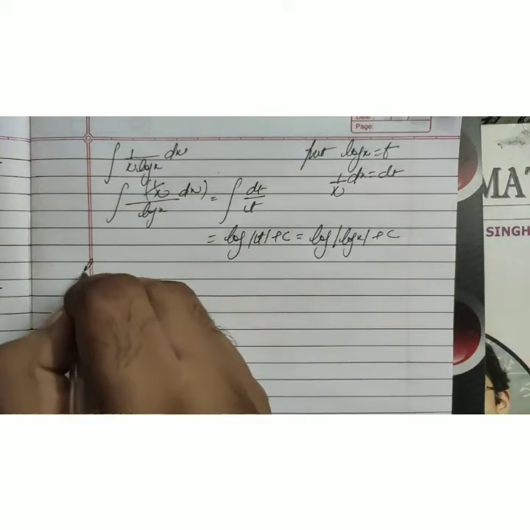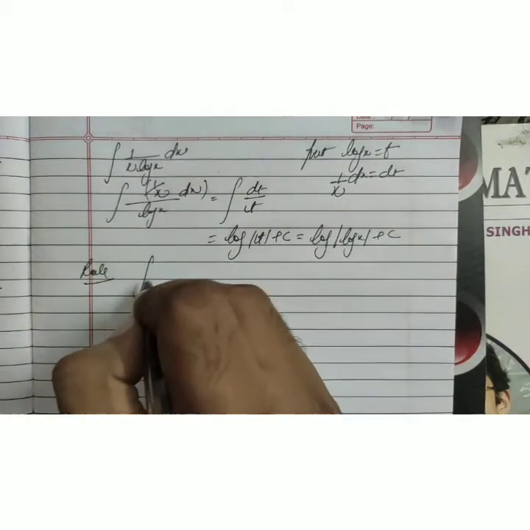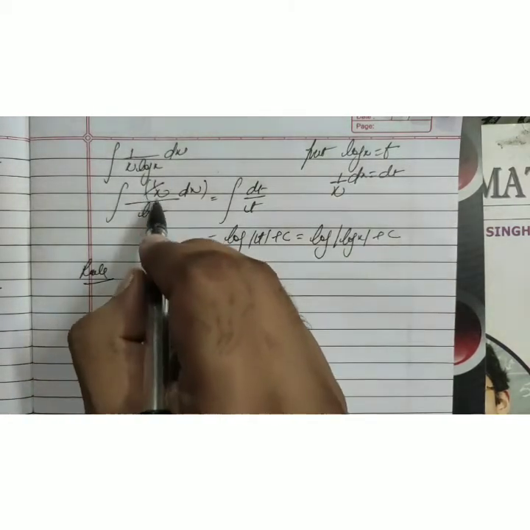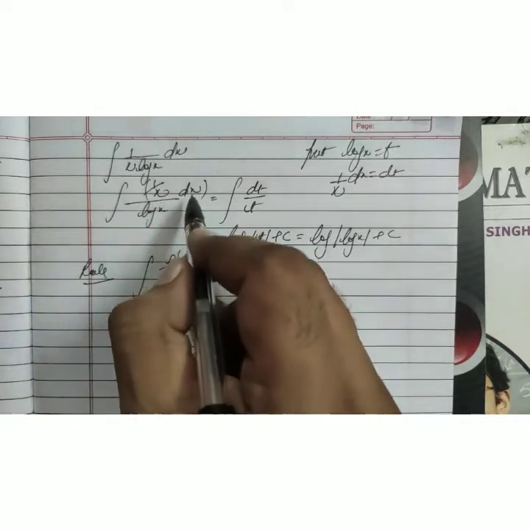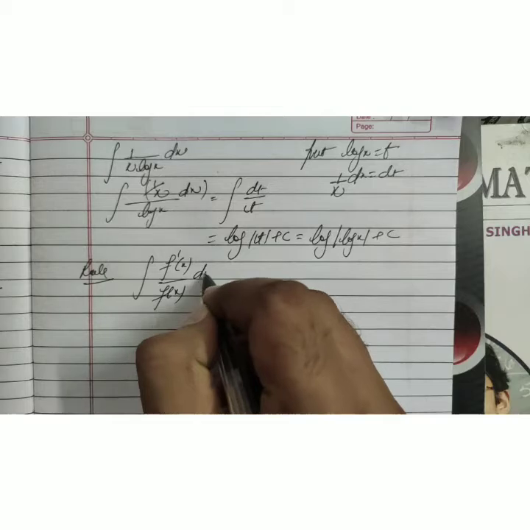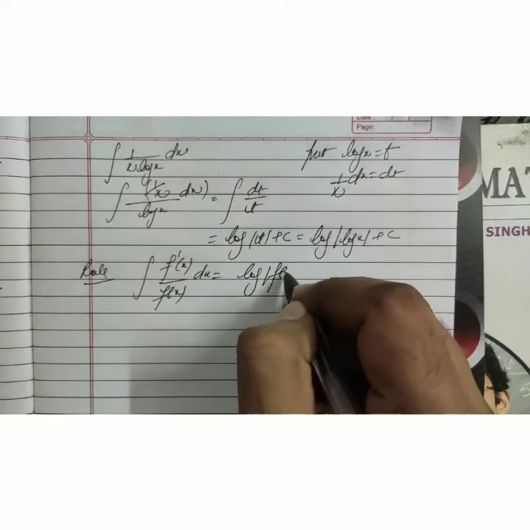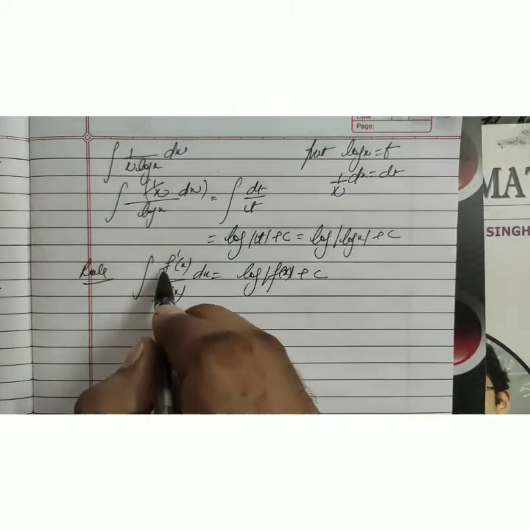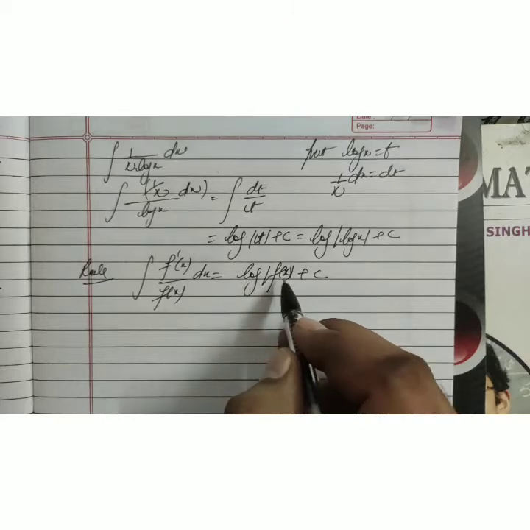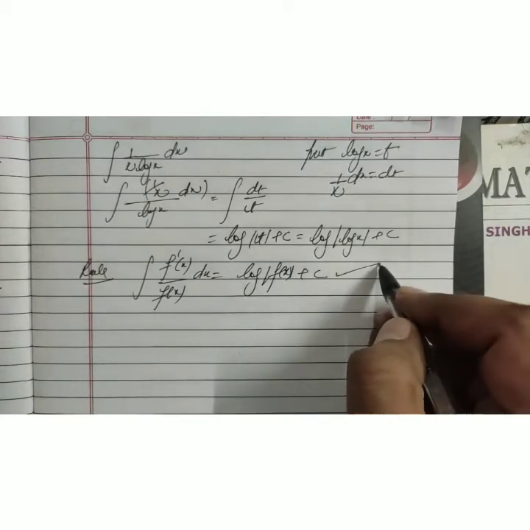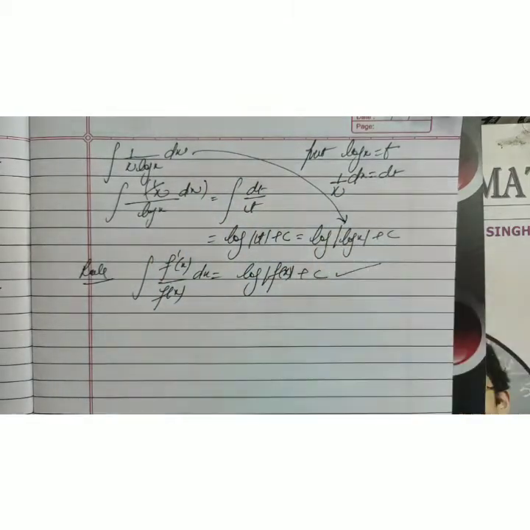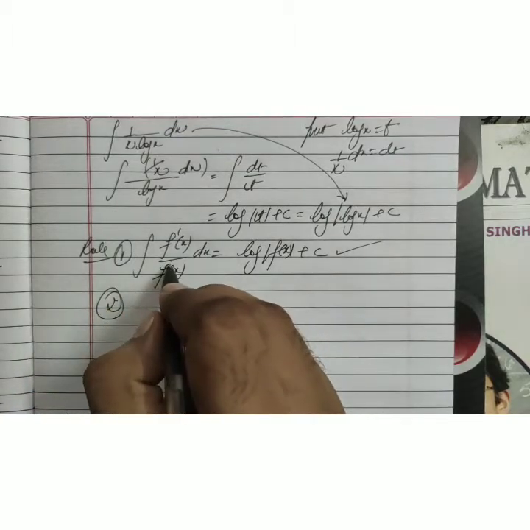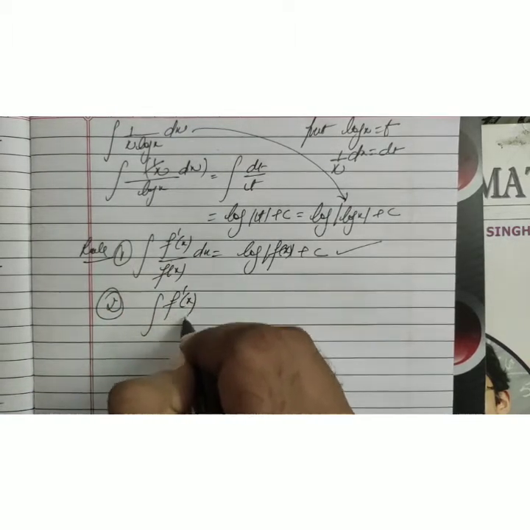Here we get a rule. Upside we have the derivative of a function, and downside is the function. This is a function, and the derivative of this function is upside, so the answer becomes log of the base. So this is one of the rules: with the function in the denominator with power 1 and its derivative in the numerator, the answer becomes log of f(x) plus c. If you remember this rule, we can write the direct answer from this step to the final step without taking any substitution. Second rule: maybe sometimes the power is not 1. We shift the function upside like this.